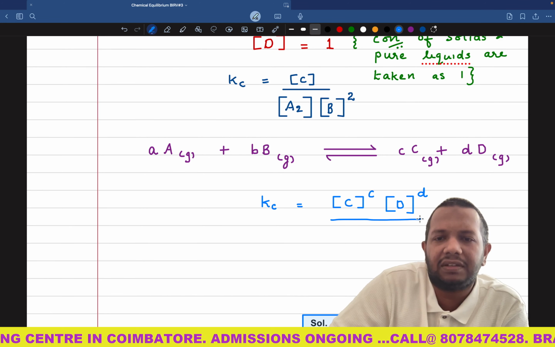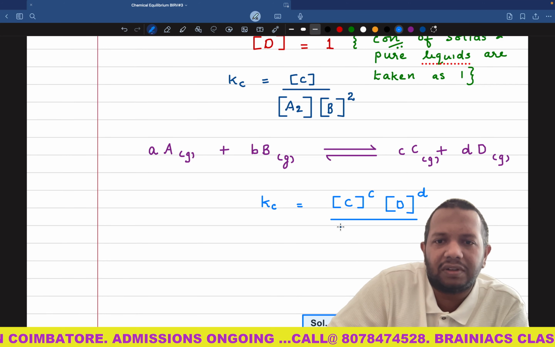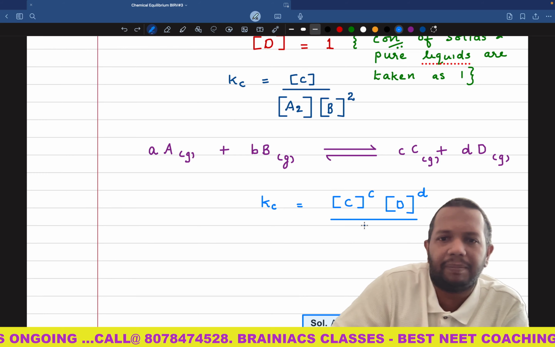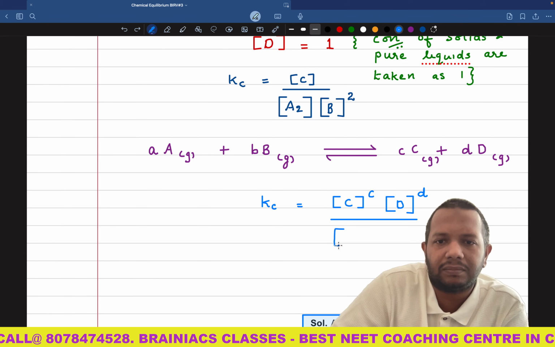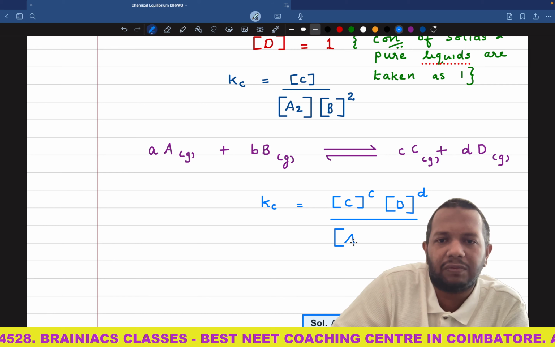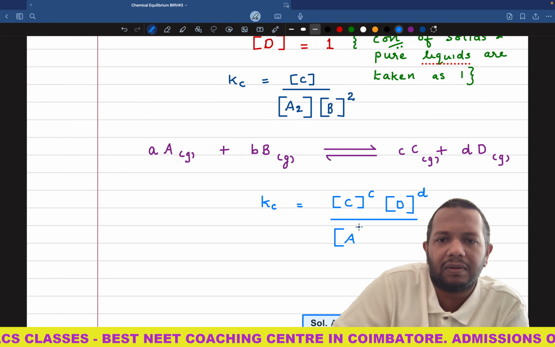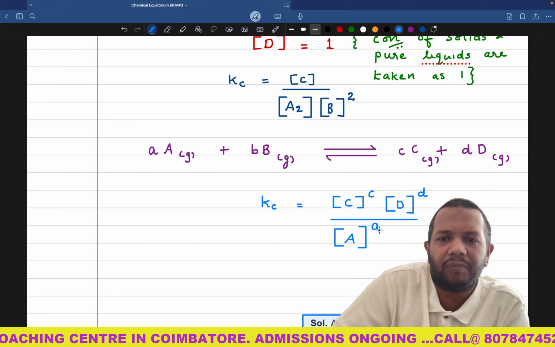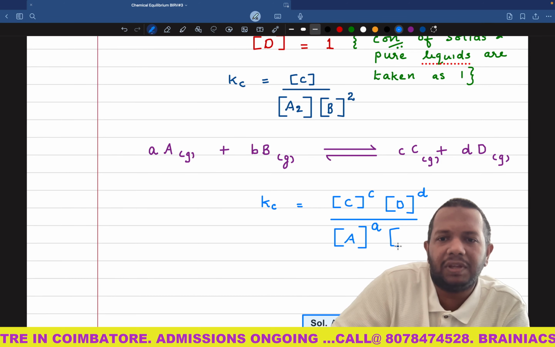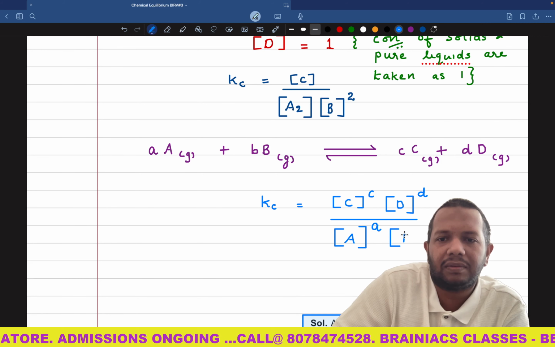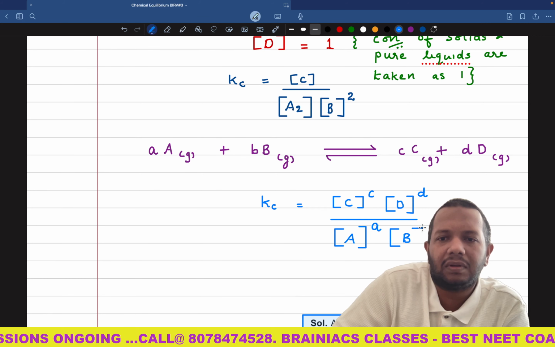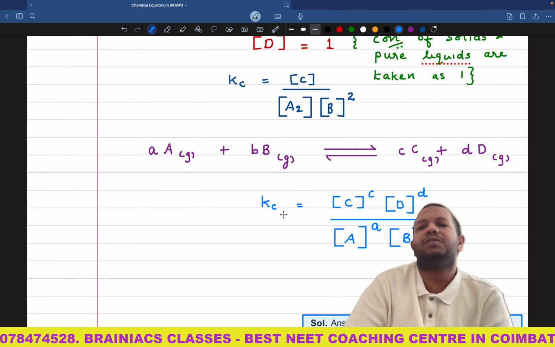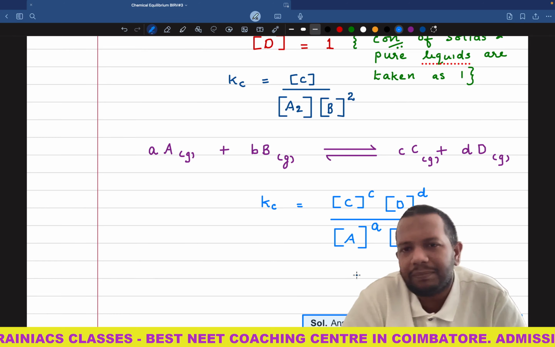Divided by concentration of A raised to a, concentration of B raised to b. Okay, this is how generally you write Kc for a particular